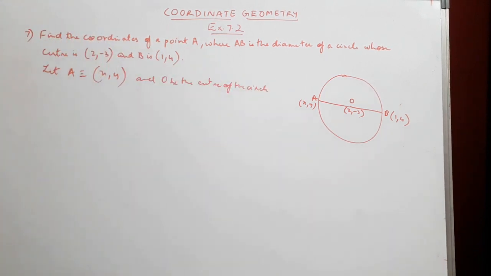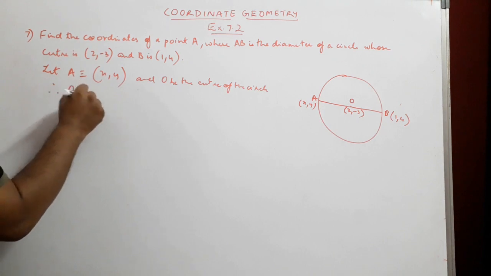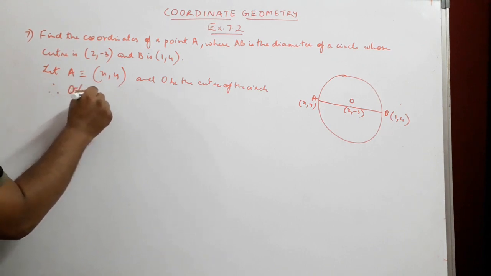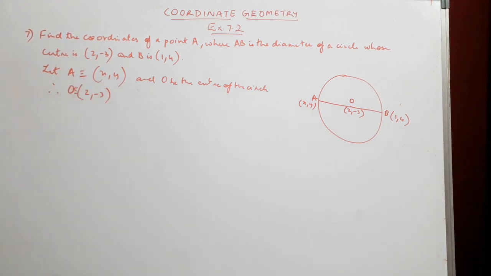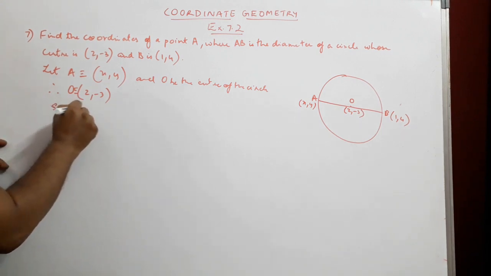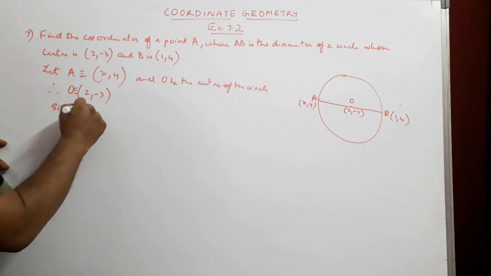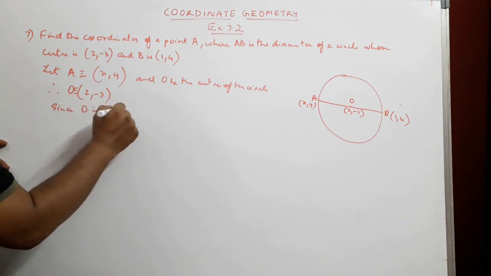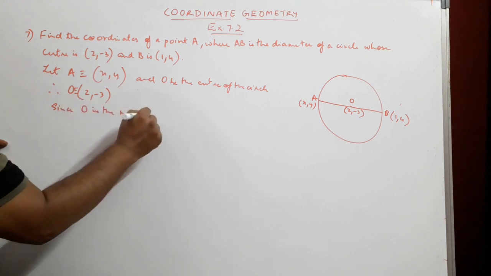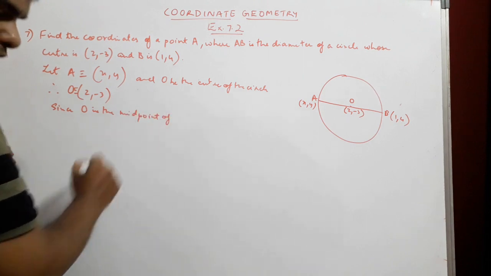That is the first thing that we assume. We have been given B, we don't have to assume this. Therefore we can say O corresponds to (2, minus 3). Now we say since O is the midpoint of AB,